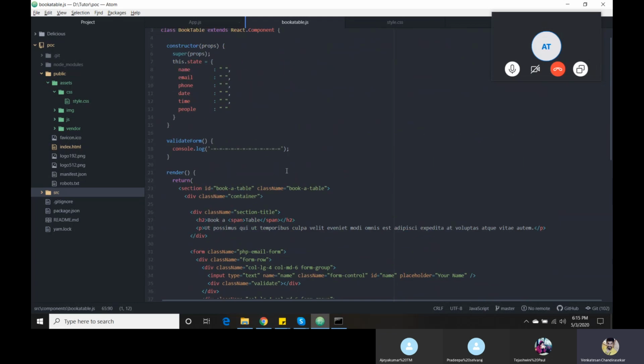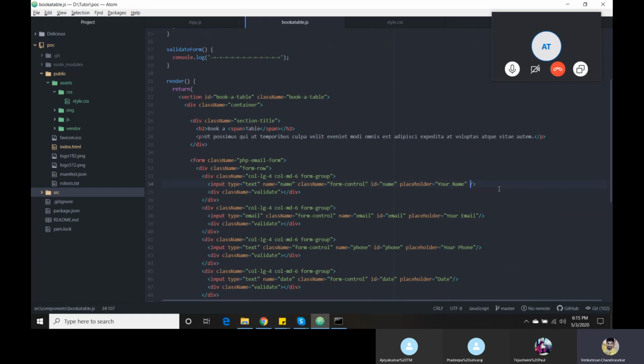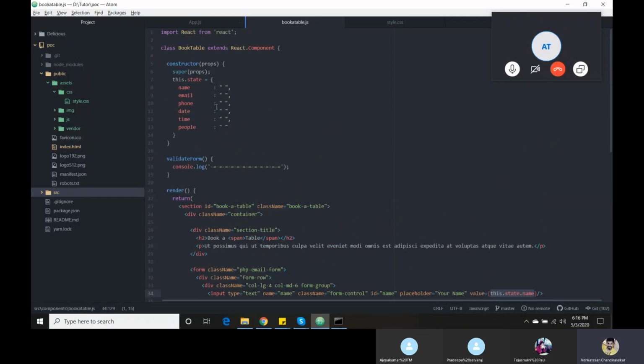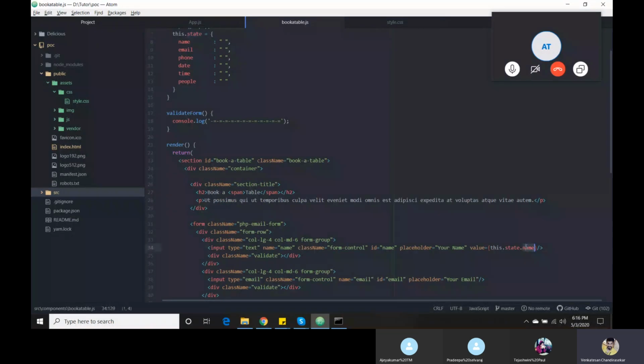So simply, before we have a value, this.state.name, what it does is give the default value. Whenever our page renders, it will get the default value from the state variable and show it here.